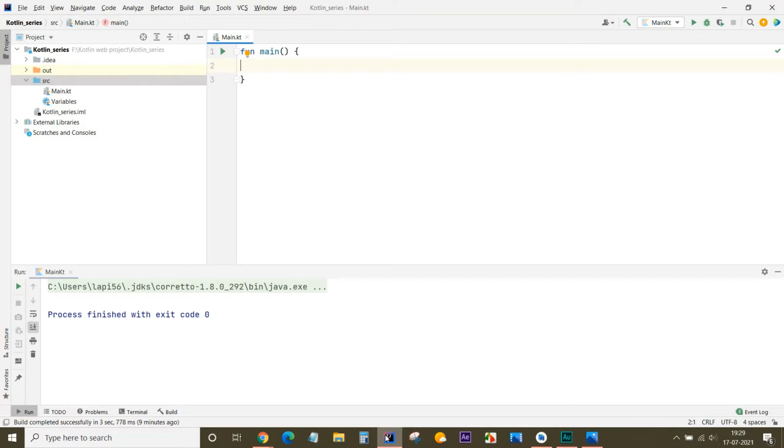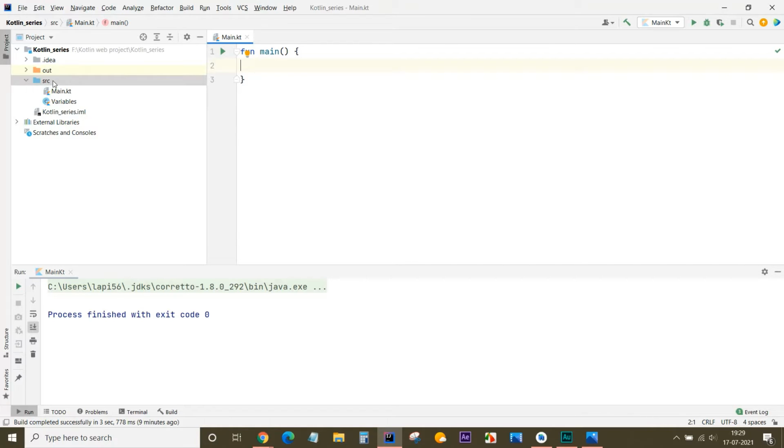So let's see. As you know, we are writing code in IntelliJ, and it's the same type of code editor that we use in Android Studio. Once you learn writing in IntelliJ IDEA Community Edition, you can easily write in Android Studio in the same way. The code can be seen in Android Studio. Okay, so let's see what a primary constructor is.